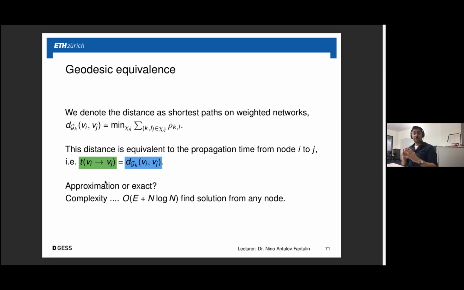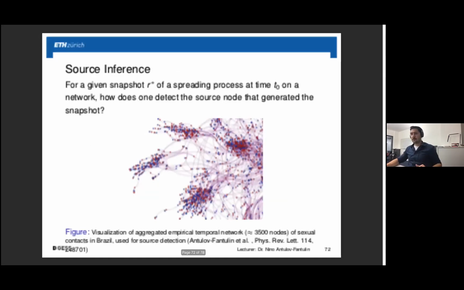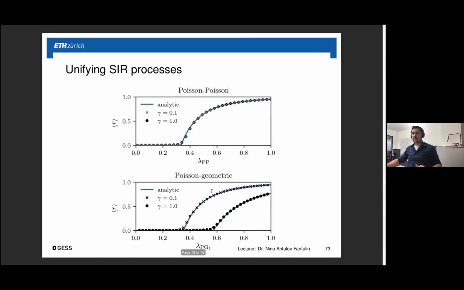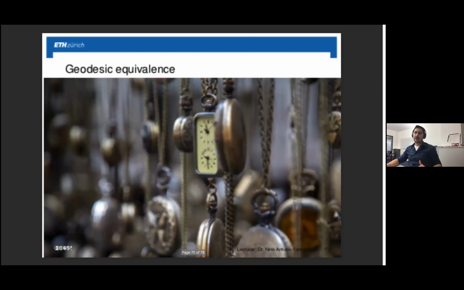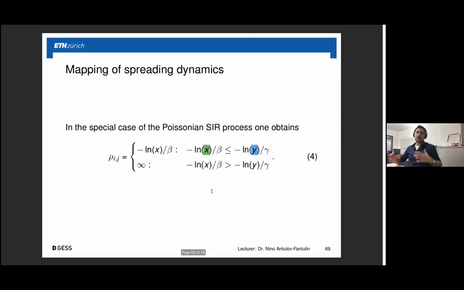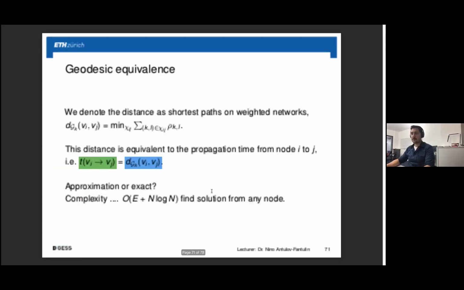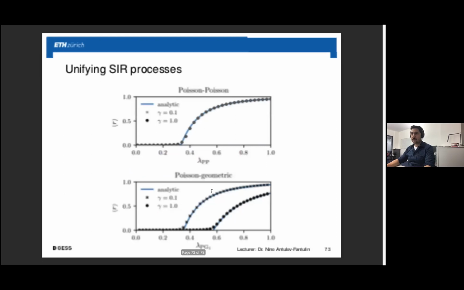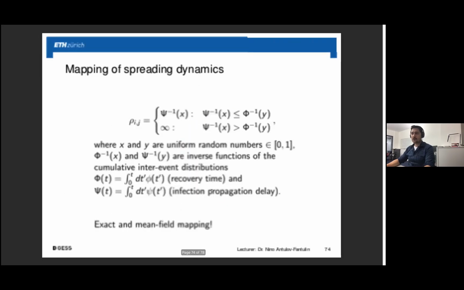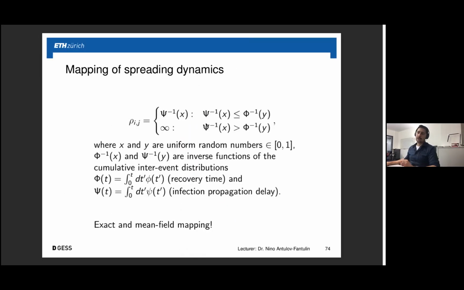How you can find shortest paths, there is some algorithm that's called Dijkstra. This describes the complexity for the Dijkstra algorithm. And now what is very beautiful is that this type of algorithm allows you, by just calculating shortest paths, to extract the spreading dynamics of epidemics. Okay, it also, in a more general way, we are near the end.